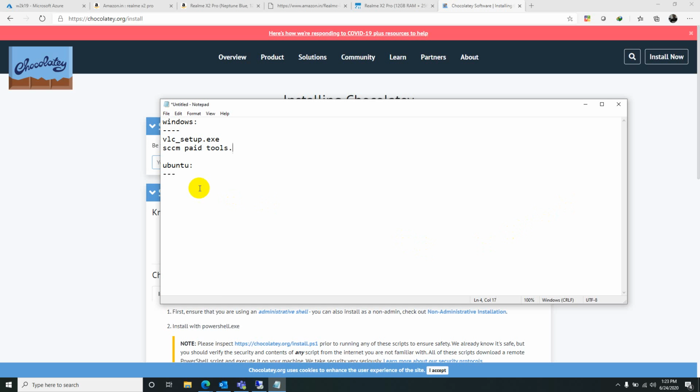But consider Ubuntu or any Linux operating systems. You will simply type apt install vlc and it will automatically get installed. If it is CentOS or Red Hat or Fedora or any Red Hat versions, you will simply type yum install vlc. So here apt and yum are repository managers for the respective operating systems. It's like an app store for your Android mobile.